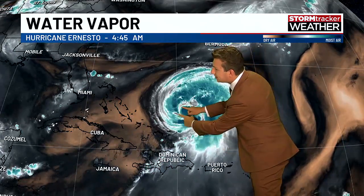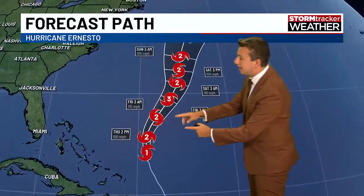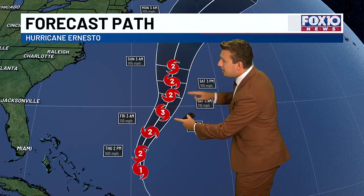There was a brief second where we thought we might see an eye, but that really didn't happen. We actually do have a slot of dry air just on the north side of the core of the system. It's still trying to work some of that out, but it is improving in its look very much so and strengthening. Here is the forecast track for Ernesto, becoming a Category 3 hurricane here by Friday afternoon,